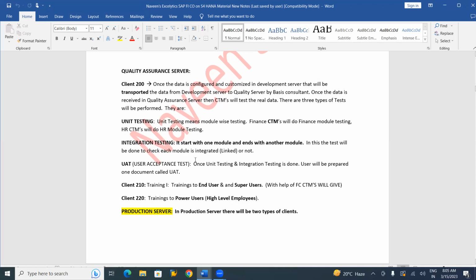So each module is into procure to pay. As I said, we took an example. Procurement is nothing but production and planning, right? And payment is the finance module. So procurement is one module, receiving of invoices is one module, payment will be another module, right? Here two modules are involved. One module is involved and the finance module is involved, right?